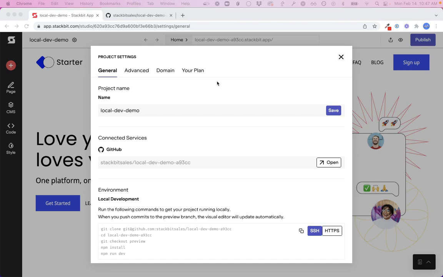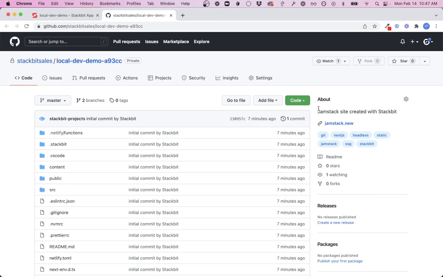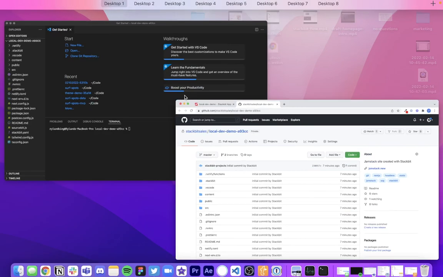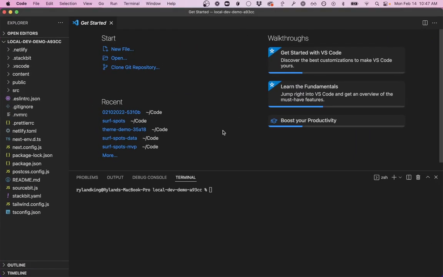All right, let's walk through how local dev works. So I have a project here that I just spun up. I went ahead and transferred the repository over to my GitHub account, so make sure that you transfer the repository. Once that is transferred and in your ownership here in GitHub, then you'll just clone it to your computer as normal. Once it's there, pull it up in your local IDE or use a terminal window,